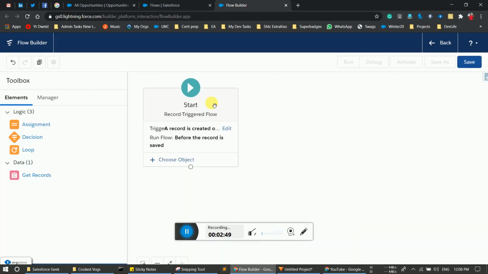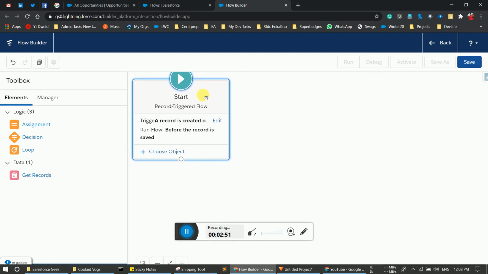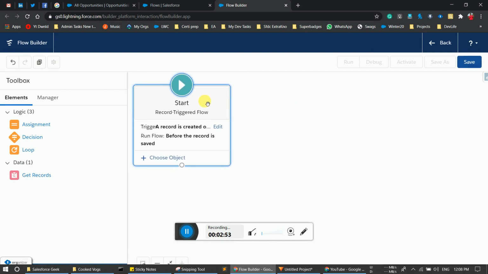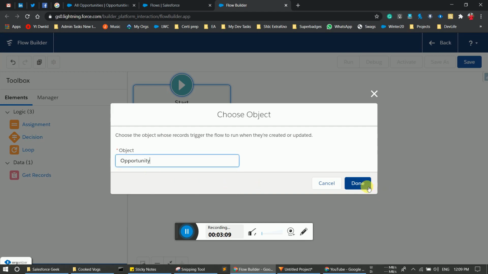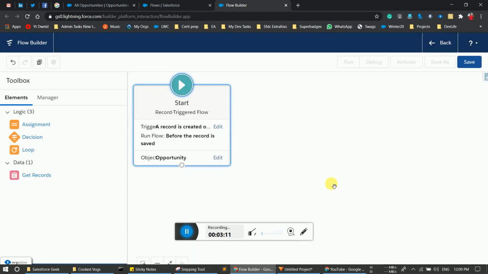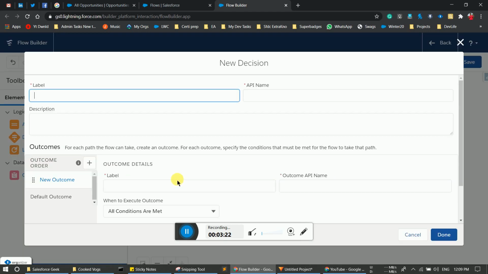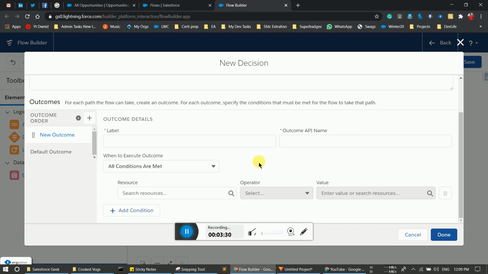Now we have to select our object. As I already told you about the scenario, it's all around opportunity. So let's select opportunity and click done. After that, you drag and drop a decision element, because we are going to filter our records: we want only those opportunities that have a stage equal to closed won.